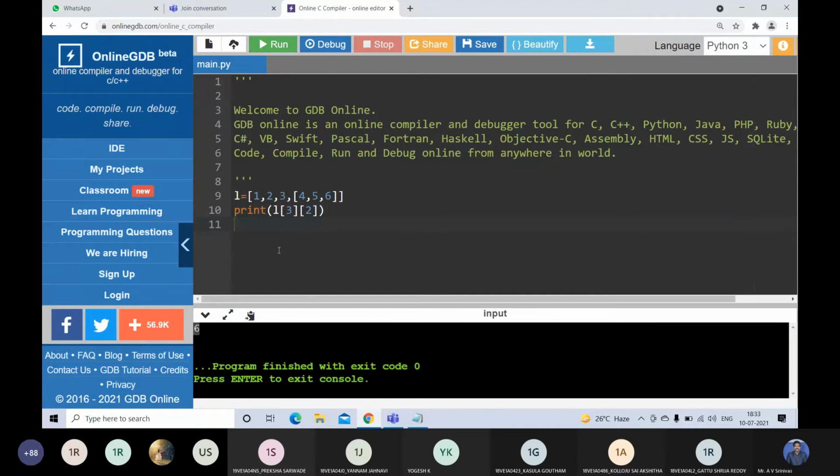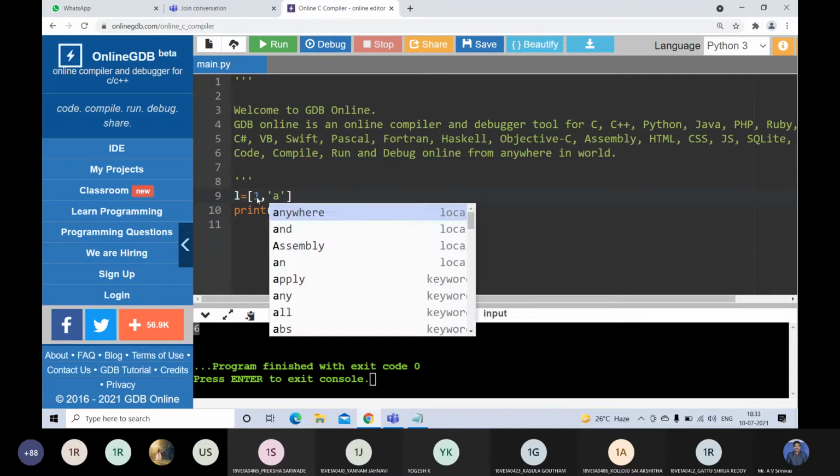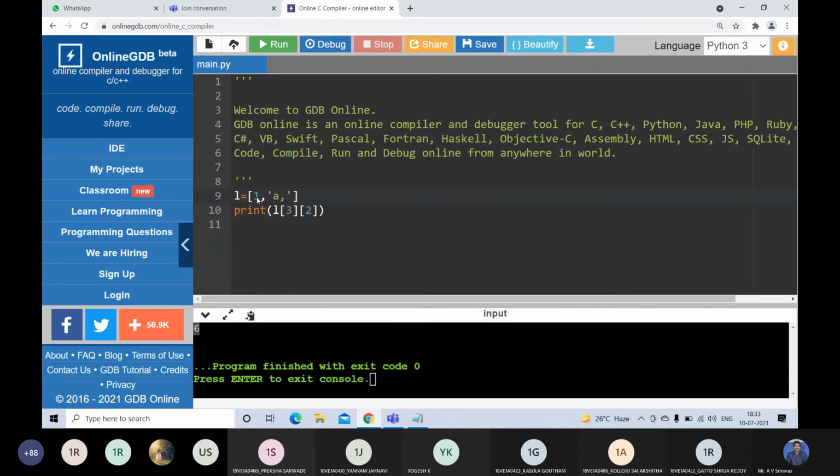Are you able to follow? Yes, sir. Like that we can have nested lists. So you can write any combination of lists. You can write something like this, with some combination of x, y, z, comma, some other, h, y, d.